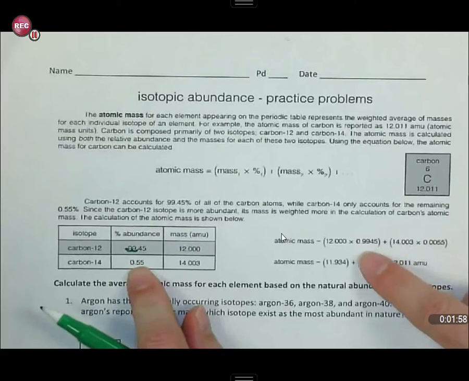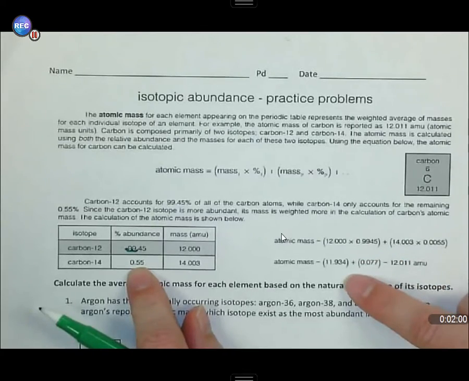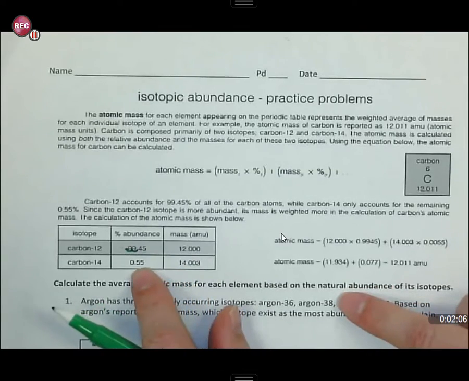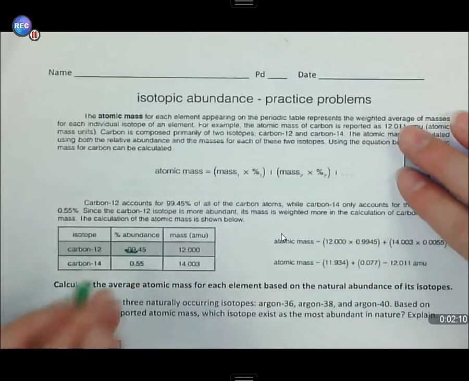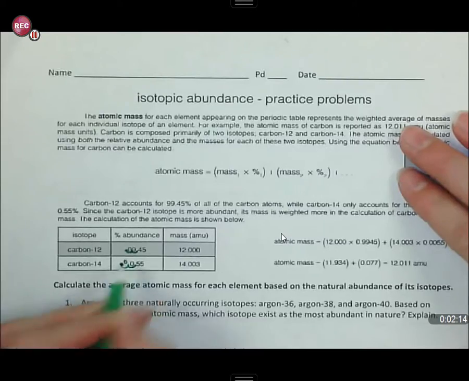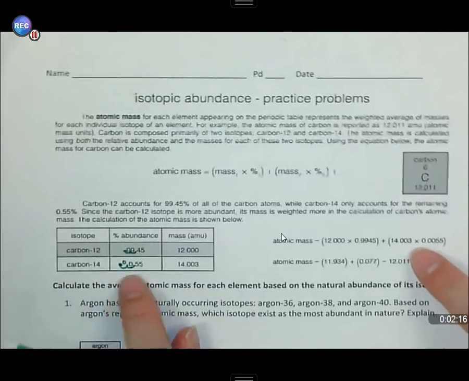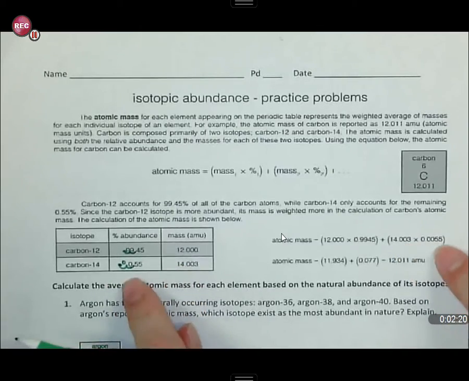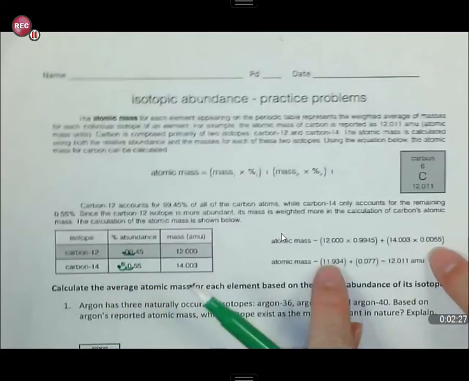Then you have carbon-14. You have the mass, which is 14.003, and then you have your percent abundance. Well, remember, this is percent. We have to change it. So we're going to have to move our decimal 1, 2 places. So we put a 0 in, and if you look over here, it matches up. We've got the 14, and we've got this percentage, and now we made it into a decimal. So once you multiply those, you end up with